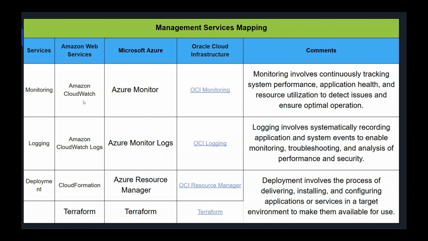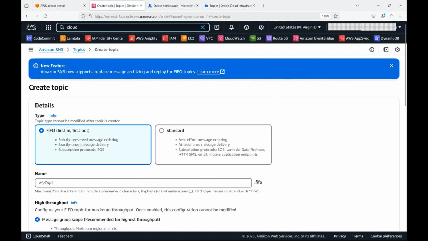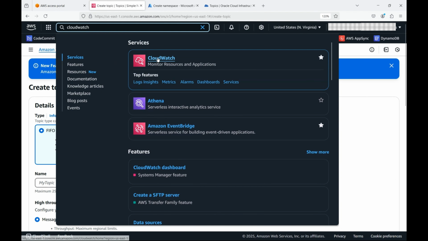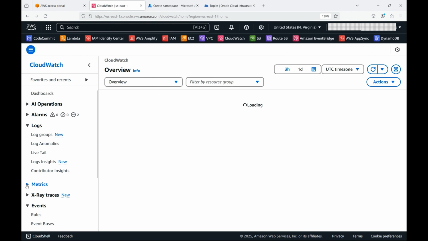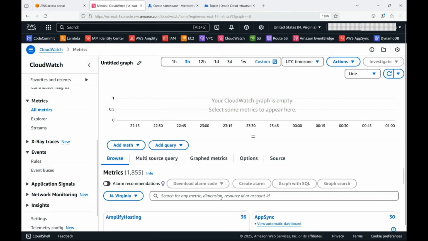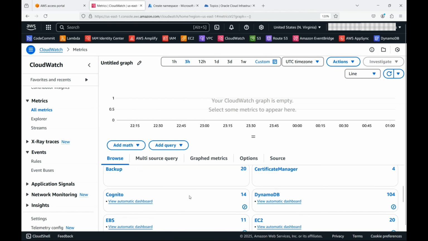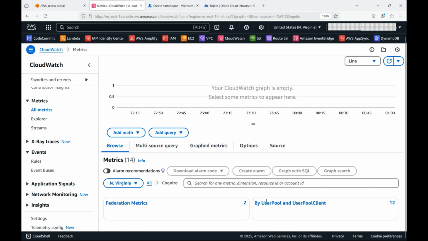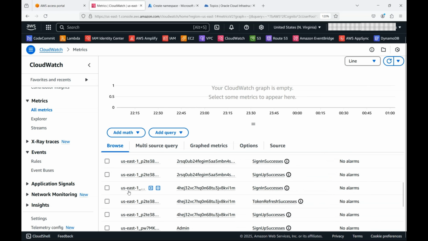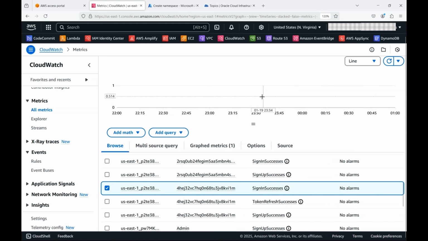So let's hop on to the console and check each one out. Okay, so here in the AWS console, you could type CloudWatch, and this is the option that you would be seeing, which is essentially for monitoring of the services. Now, you could come to the metrics section, and in the metrics, you could click all the metrics. Say if you have Amplify or you use Cognito, you could choose the metrics for Cognito, which are available. You could choose by user pool and user client. And you'll see a lot of these metrics that you could choose, and you could have these graphs